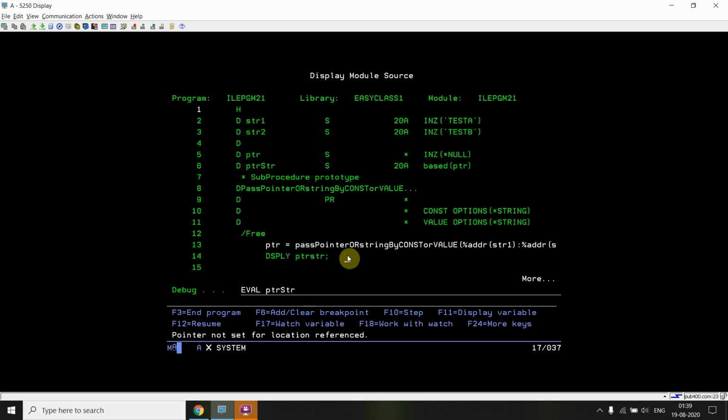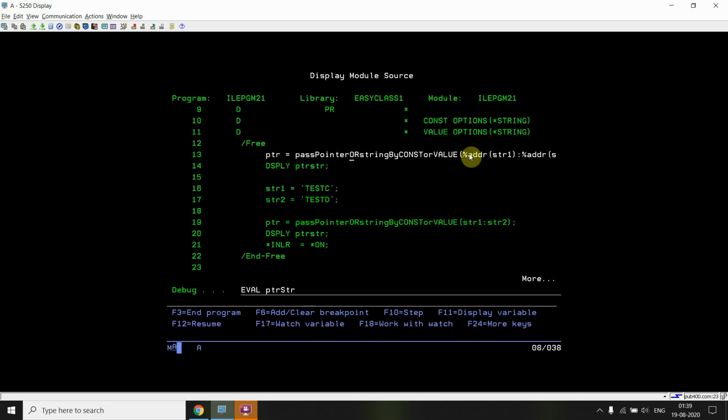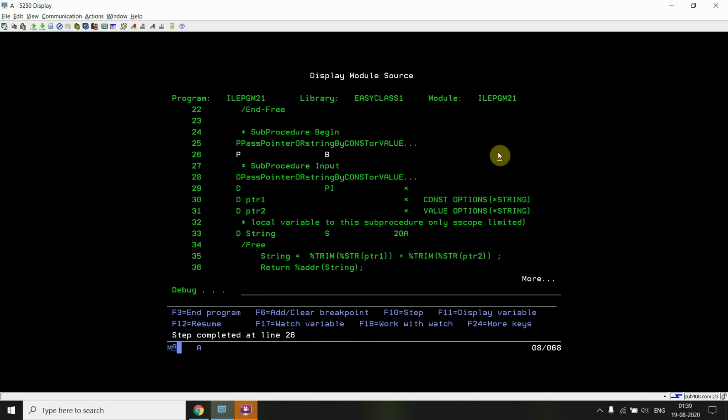Let's do F5. So I'm passing the address of string 1 and string 2. Shift F10. You can see I received the addresses ptr1 and ptr2. How can I see the value present at this address? Just do eval ptr1 colon c, then the length. The length is 20.